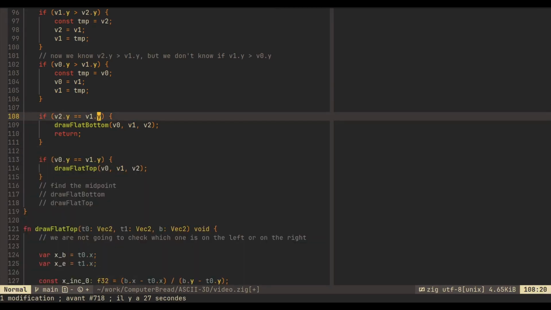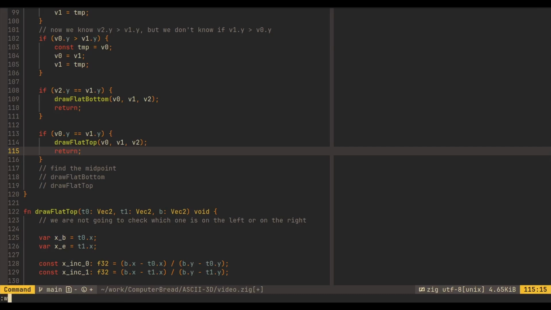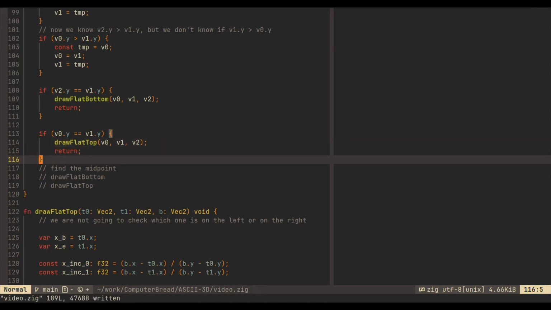Floating point is sometimes a little bit weird, so maybe I should do things differently. Actually, tell me if you know more about this than I do. All right. So now we can just return early when we draw a flat top like this, and